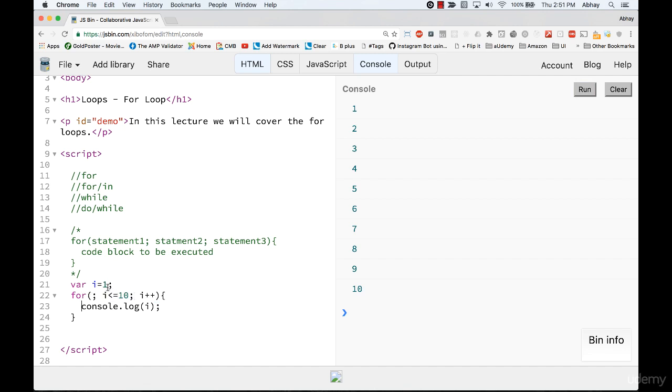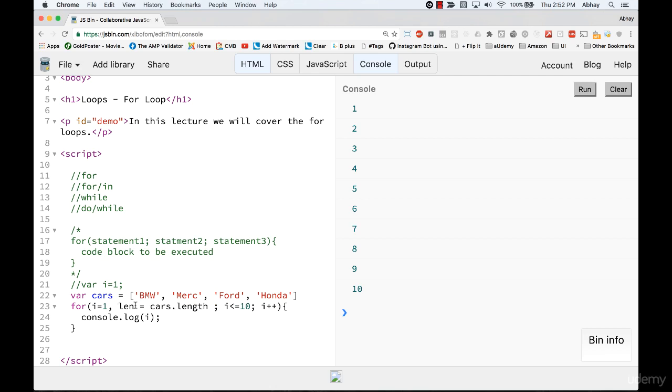Now you can do this, or you also have an option. Let me comment this out. You also have an option to have multiple initializations out here. So let's say you want to create a variable cars equals to an array. You can do BMW, Mercedes, Ford, Honda. Now you can do an initialization here where you can have another variable length equals to cars dot length,